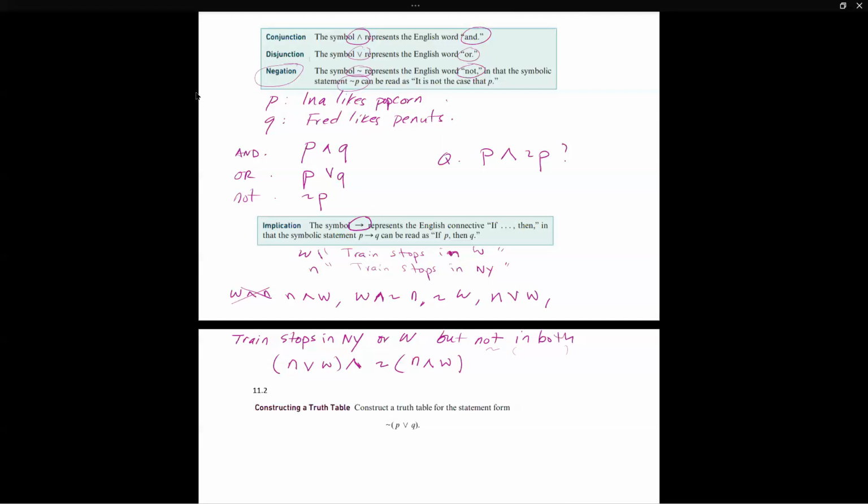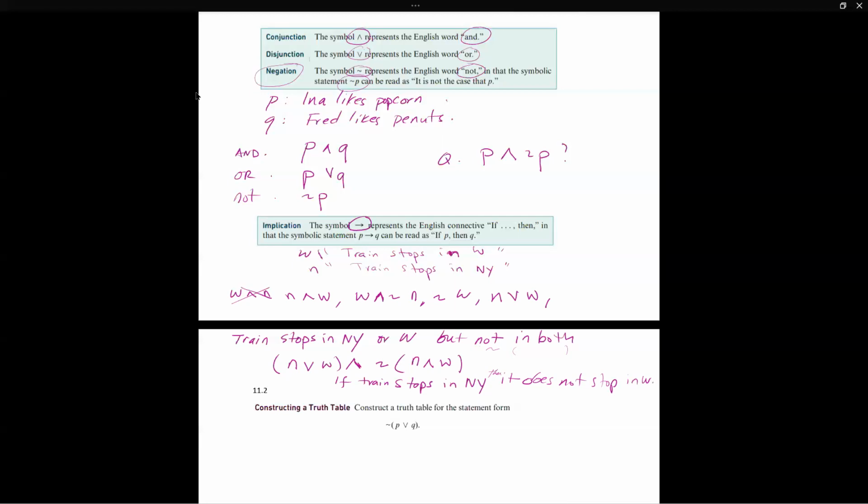So let's look at another example. If the train stops in New York, then it does not stop in Washington. You see, if it stops here, it doesn't stop there, right? If train stops in New York, then it does not stop in Washington, right?